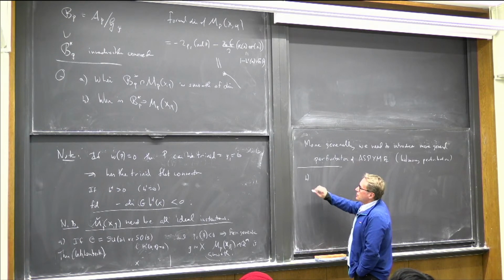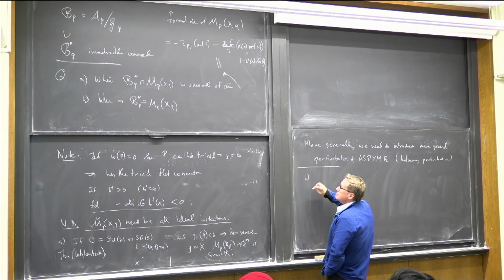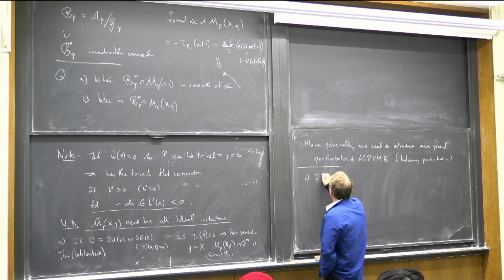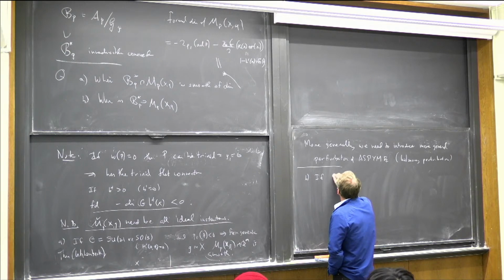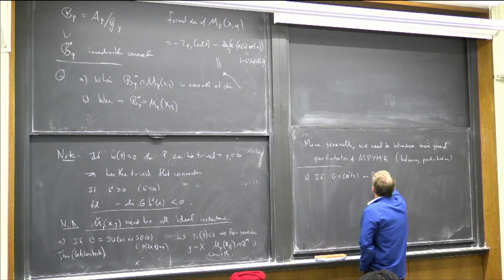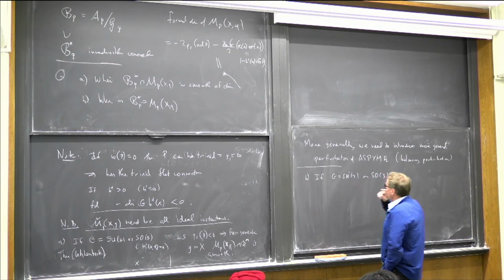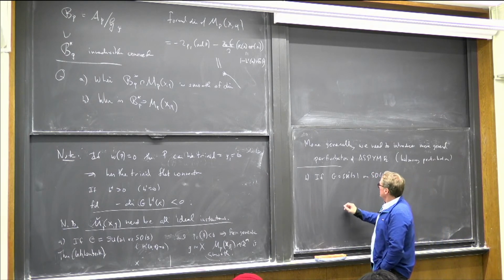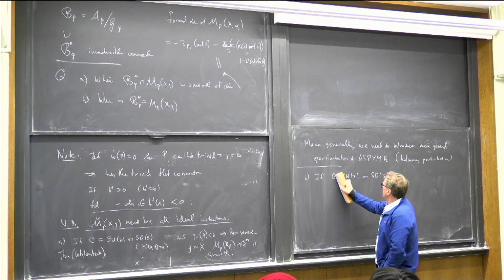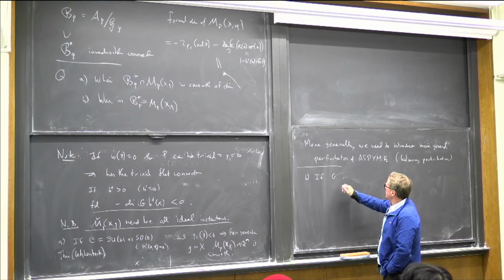Well, that's more... So we know sometimes, again, if G is SU2 or SO3, we discussed that already. In that case, well, sorry, let me just say, the general situation is that,